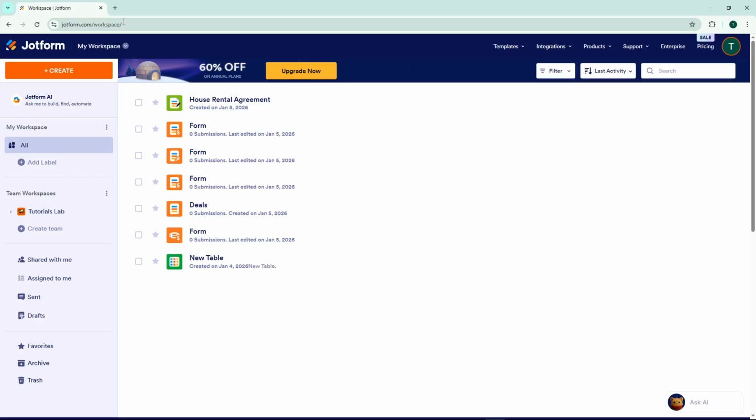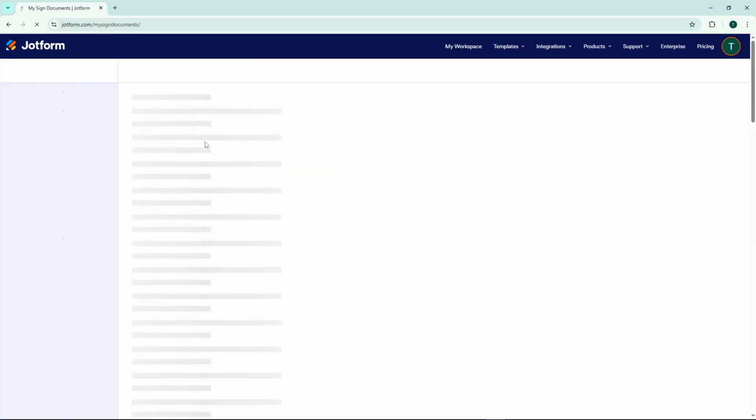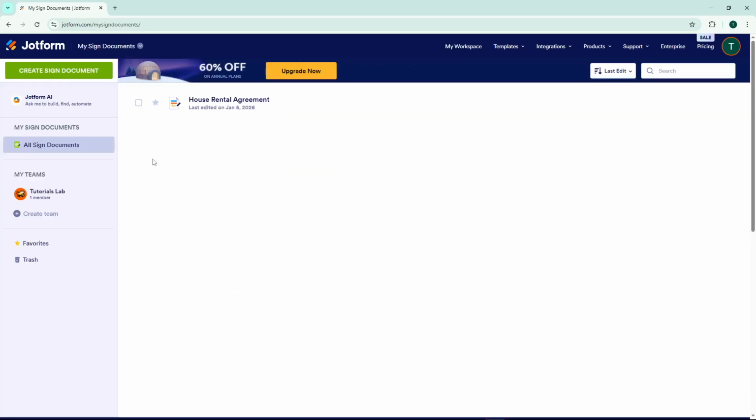documents. Now look towards the upper left corner of your screen. You'll see an option labeled My Workspace. Click on it, and from the drop-down menu that appears, select My Signed Documents. This section is specifically designed for managing all your signature documents, making it easy to organize and send forms that